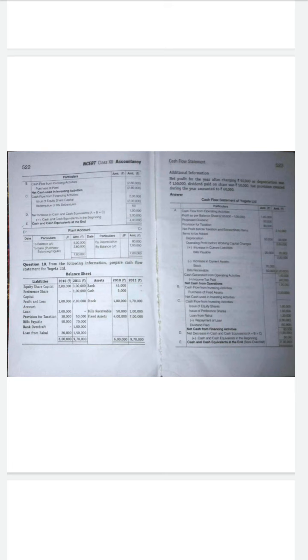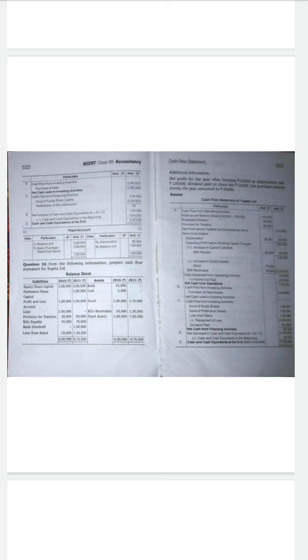So plus 80,000. If it is coming in a plus, it means the net cash which is generated, coming inside from the financing activity. If it is coming in a minus, this amount is used, that is outflow. If it is a plus, it indicates inflow, that is generated, and if it is a minus it is called used or outflow. Understood? So now we finish the net cash from operating activity, investing activity and financing activity.